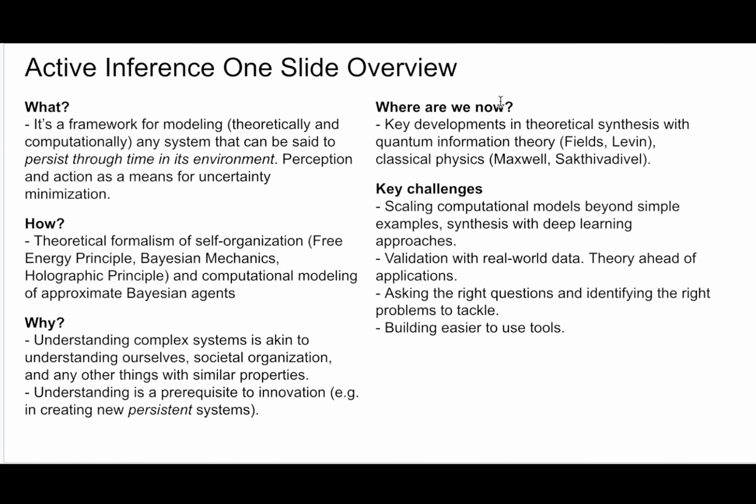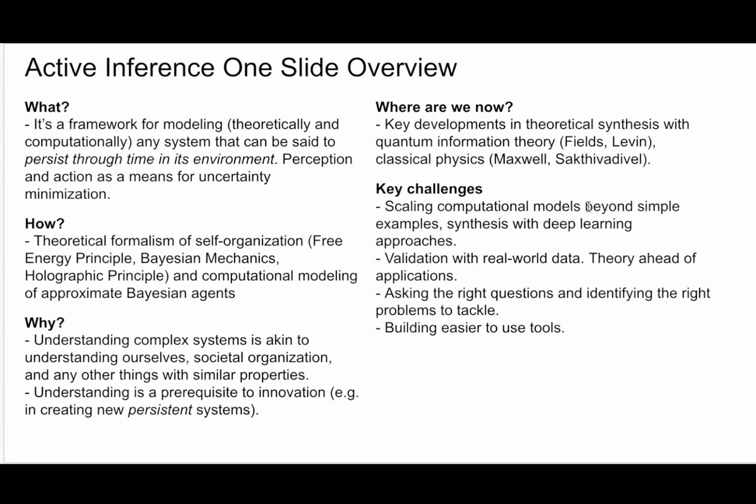On the theoretical front, there have been many exciting developments in both quantum information theory and classical physics, as well as active inference and its formalism applied within these contexts, and many other developments that I'm not mentioning on the slide, including, for instance, category theory, as well as synthesis between predictive coding or current deep learning methods and active inference. Some of the key challenges that I'd like to note on this slide